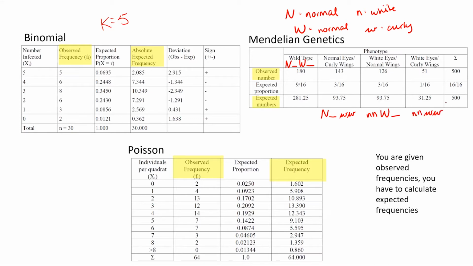pairs of recessive traits. Essentially, under these Mendelian genetics, if we're doing a dihybrid cross like that, we expect the ratio to be 9 to 3 to 3 to 1. We expect 9 out of 16 to be wild type, 3 out of 16 to be recessive in one trait but not both, and then 1 out of 16 to be recessive in both traits. So that's just a quick crash course in Mendelian genetics to